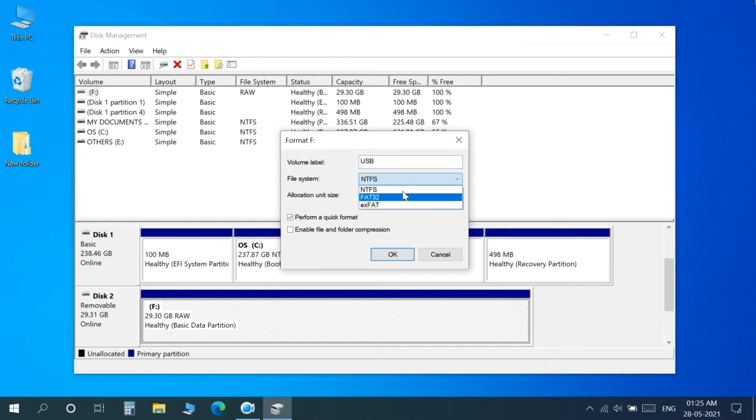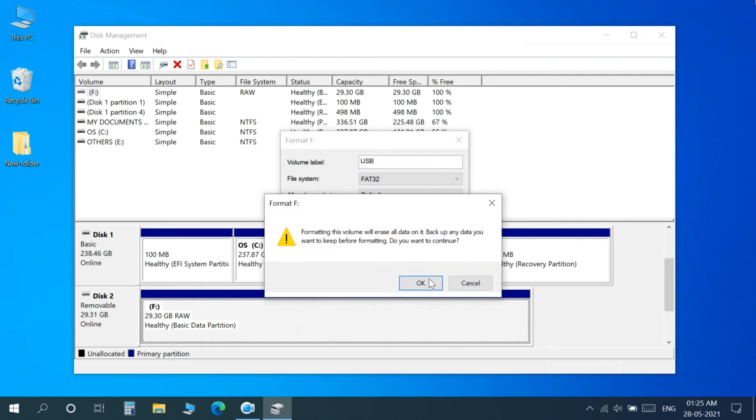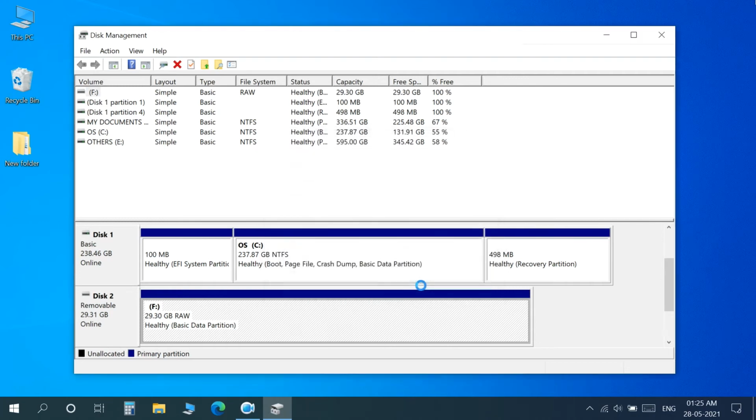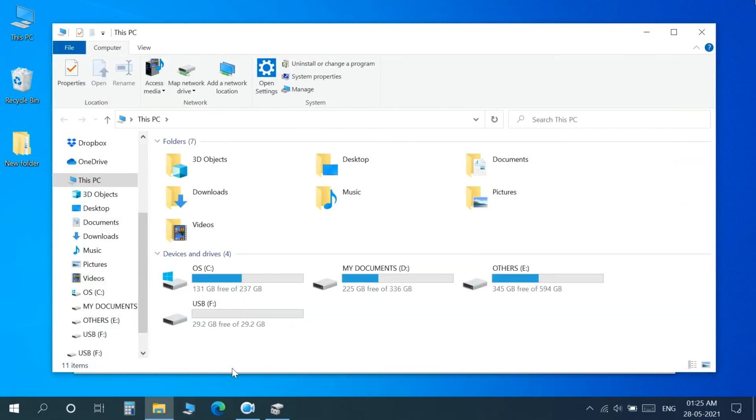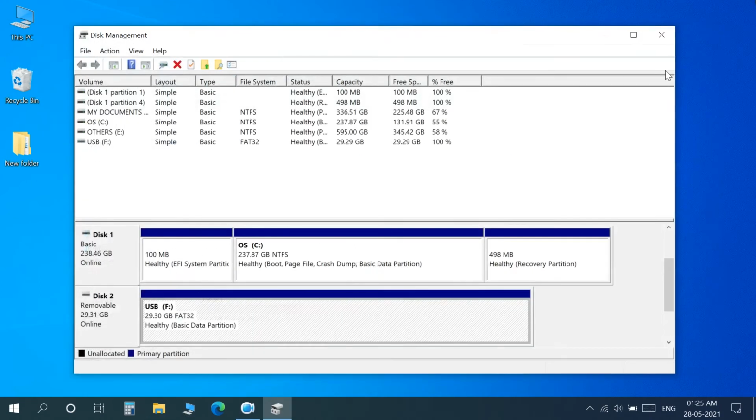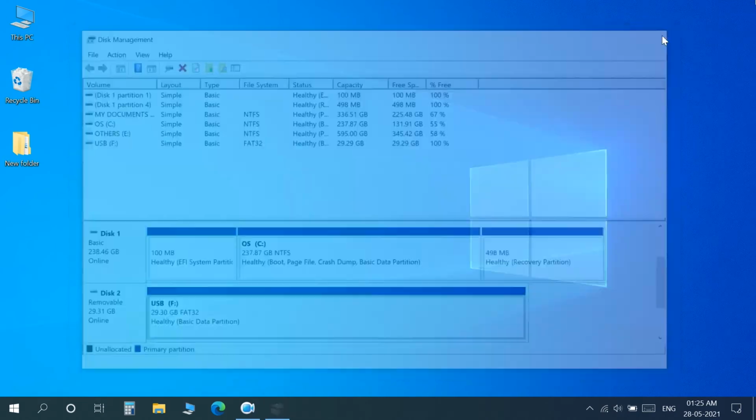Now I will select FAT32 format and then OK. Here you will select OK again. Now here you can see it has been formatted to FAT32 and the USB name is on it. Now if you open the file explorer, you can see the USB drive on it. So that's it. This is how you can do it on Windows.